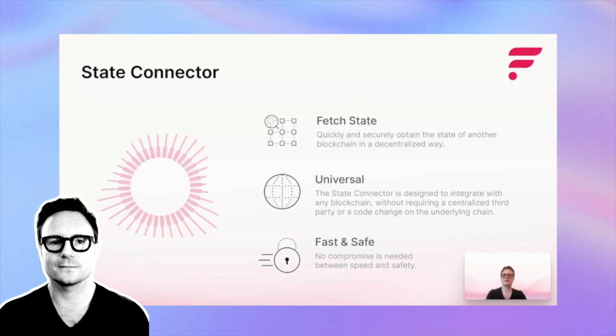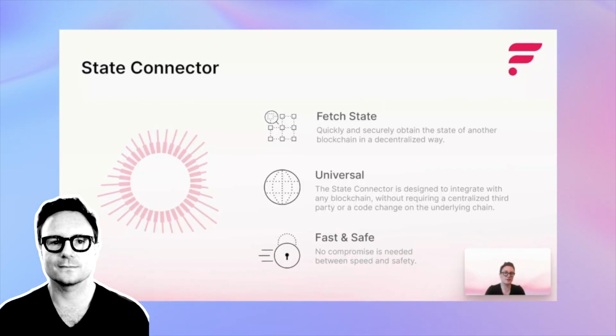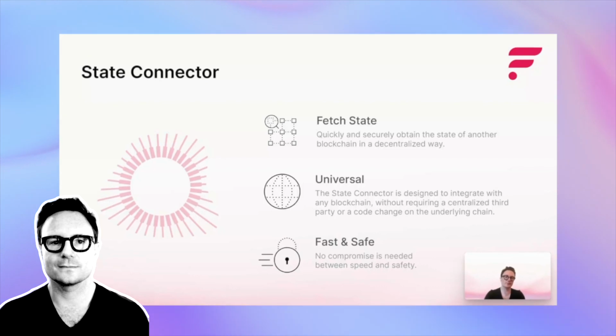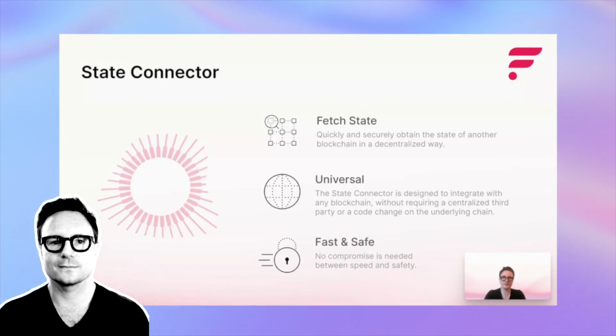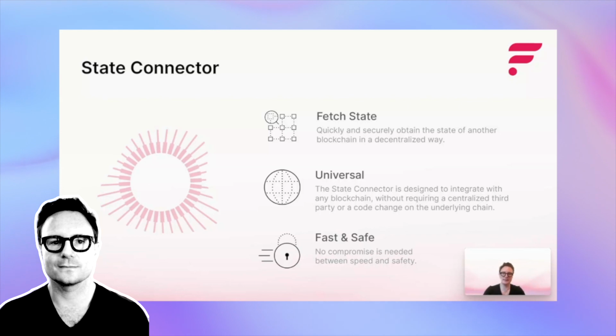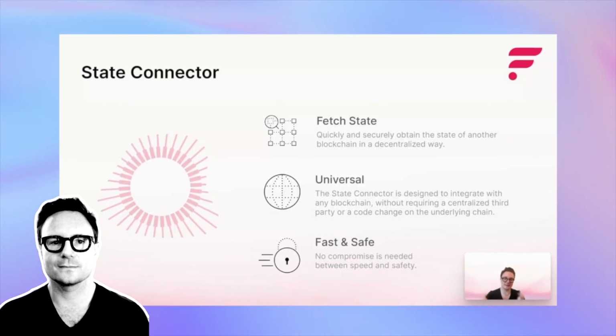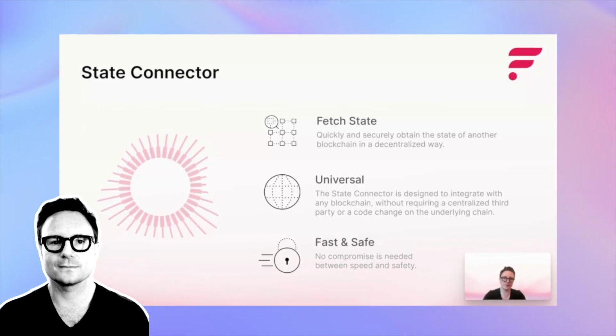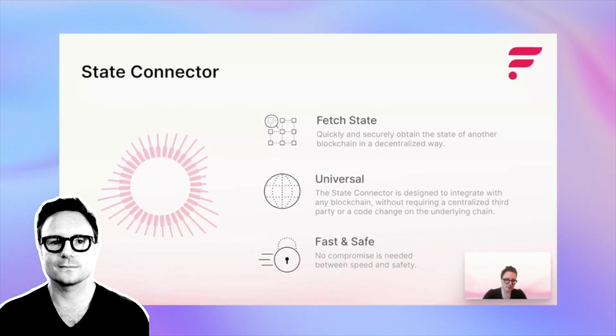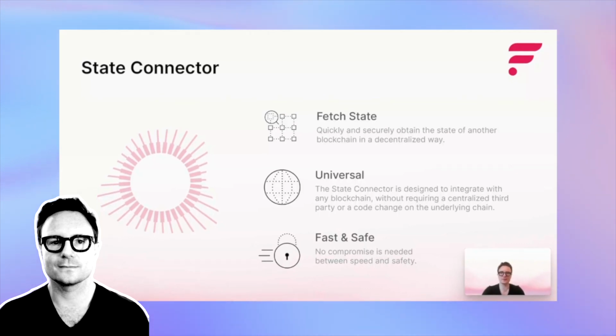Furthermore, a specific setting of the state connector allows for data from what we call single source of truth APIs. So any API, essentially, this is the majority of the internet, to be conveyed to Flare for use with smart contracts. This makes it extremely flexible and easy for the system to be extended such that developers can have access to the greatest set of data possible. This allows Flare not only to get data from other blockchains, incredibly important, but also to get data from the